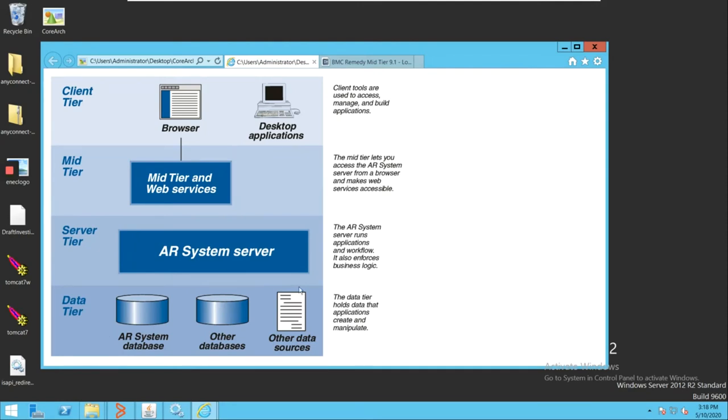So BMC Remedy is divided into these four tiers, where the first is the client tier. The client tier is where we have all the desktop applications, like user tool, BMC mid tier, or any other client tool through which we connect to Remedy. The second is the mid tier. Mid tier is basically a web server, deployed on a particular web server, and it helps us in accessing the application from